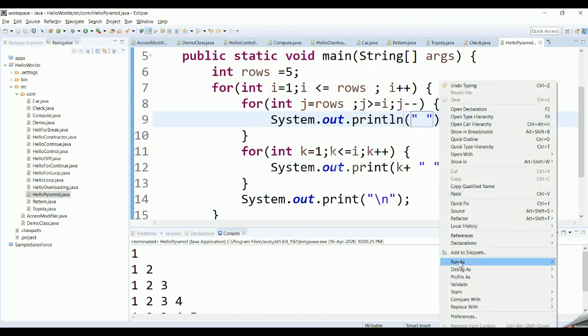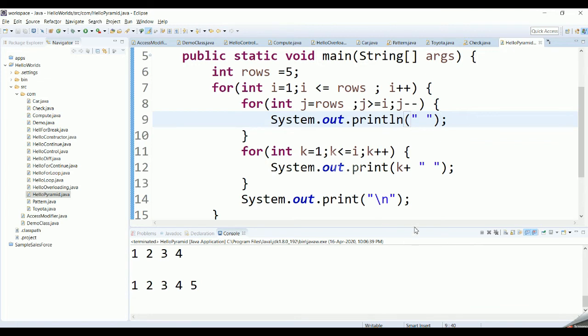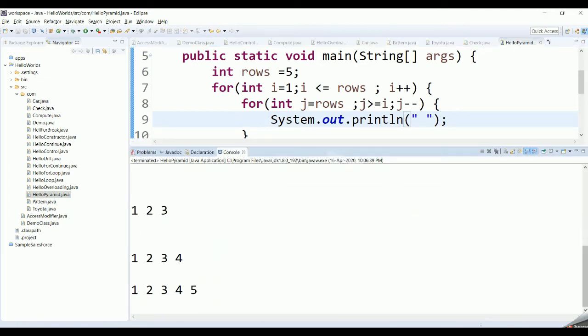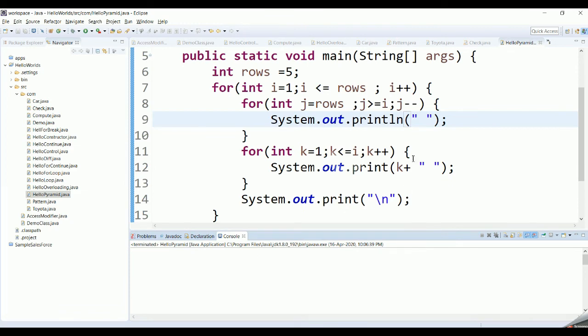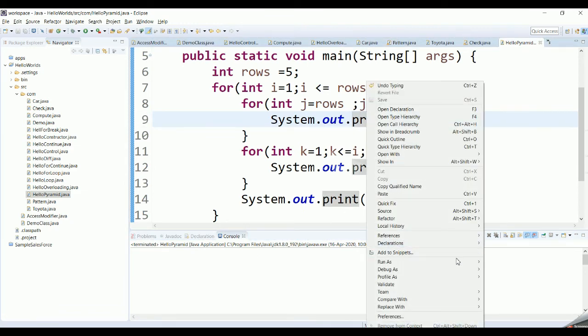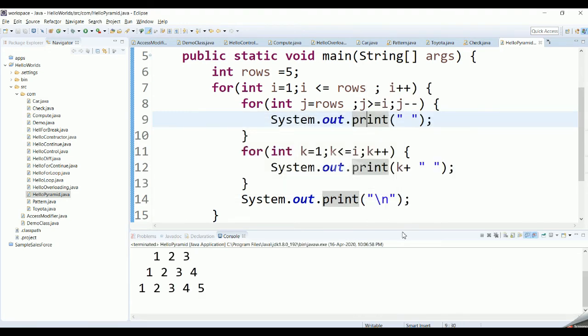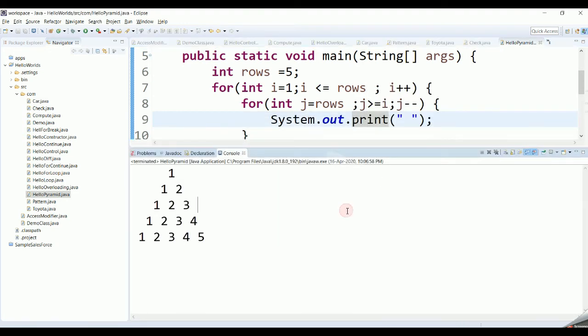Now if I try to run this program, let's check what will happen. Yes, 1, 1, 2, 1, 2, 3, 1, 2, 3, 4, and 1, 2, 3, 4, 5. Let's make it print in the same line, run as Java application. Yes, you have got the pyramid.